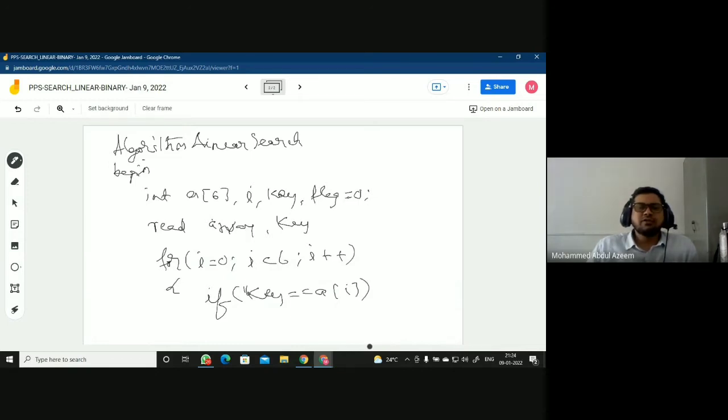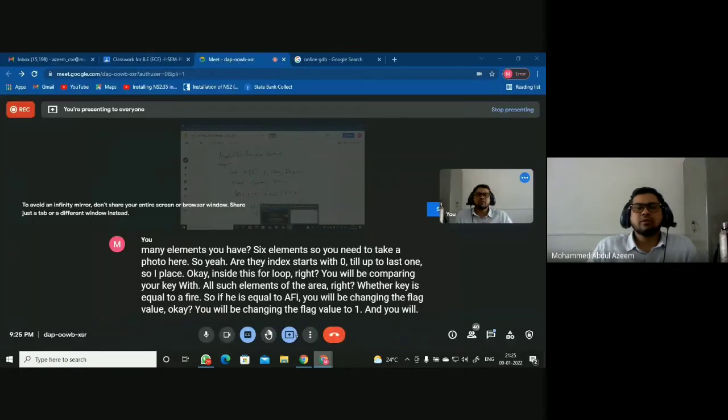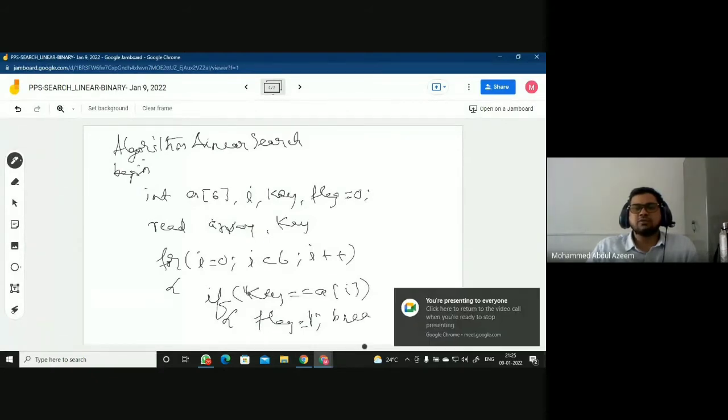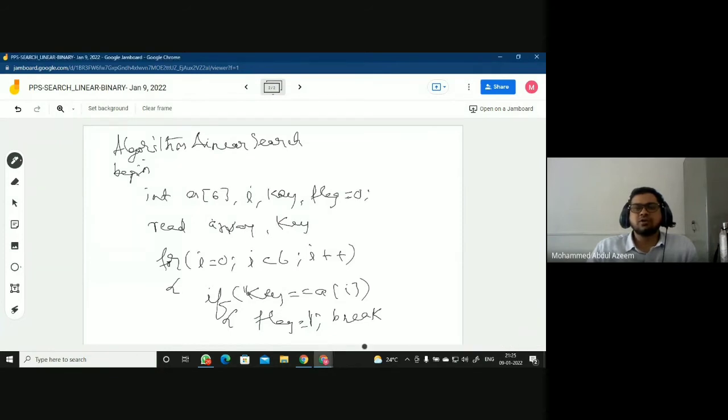So if key is equal to a of I, you will be changing the flag value to 1, and then you will break, because you don't need further searches, right? Once you find the element, you don't need further searches, so you'll be breaking the loop. And then when you come out of the loop,